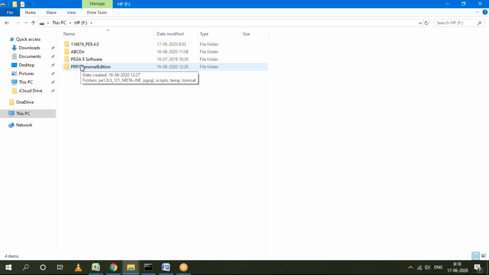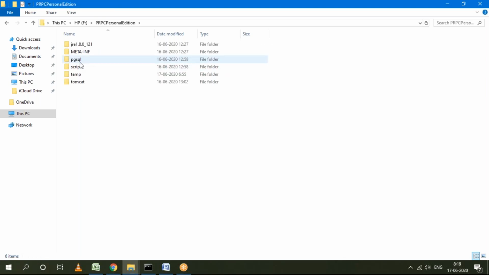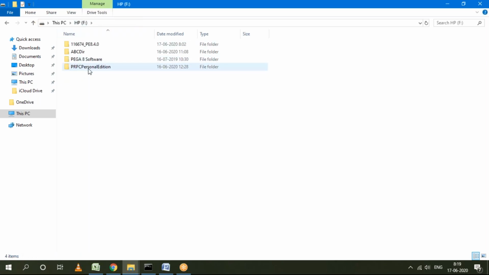Automatically Pega will be completely uninstalled. Just restart the system, and all the traces and instances will be removed. So shut down the server and delete the PRPC personal edition folder. Only these two steps, and no need to remove anything from the program files. In add or remove programs or program files, where all the setups are, there will be no traces there. Everything we install is under this folder. So if you want to uninstall, just delete the folder and restart the system, and everything will be removed.